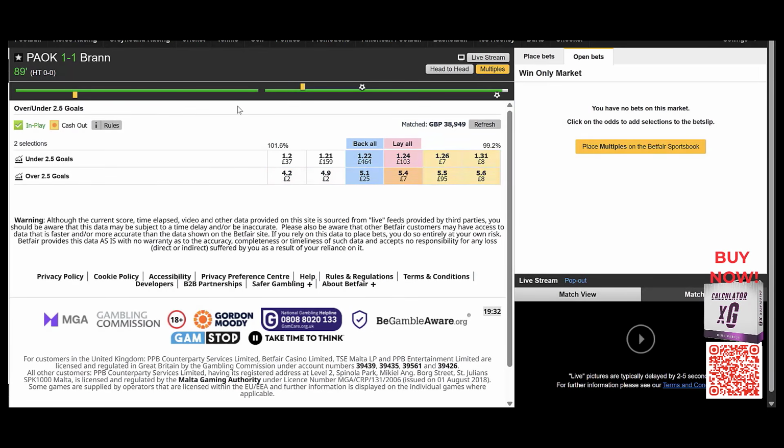So yeah, it was a data-driven decision. We obviously got involved on the over 1.5 goals. We were expecting 2 goals in this second half. After that first goal, we were still expecting that second. So instead of taking that cash out, which was around £58, we went for the second goal and gave ourselves